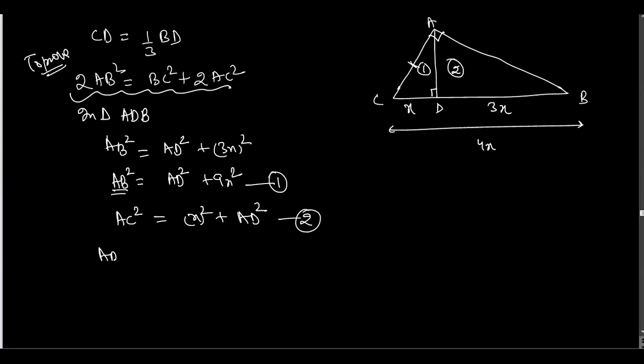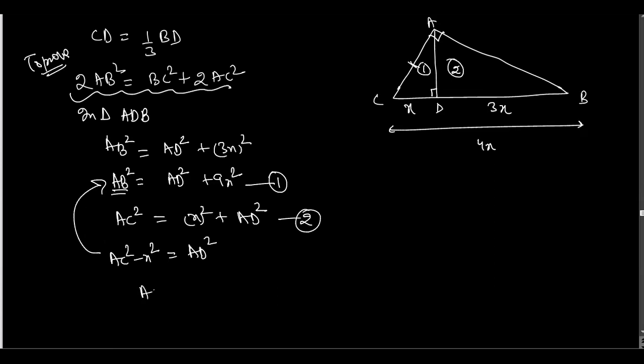So we can write here AB square plus BC square is equal to AD square, and actually we don't need the AD. So adding these two will create a problem, because we don't need the AD in our question. So we have to replace the value of AD. How can we replace the value of AD? AD square is equal to AC square minus X square. So you can place this value in this equation.